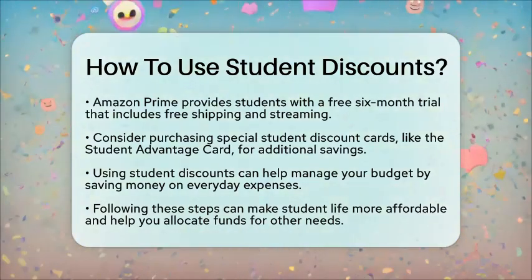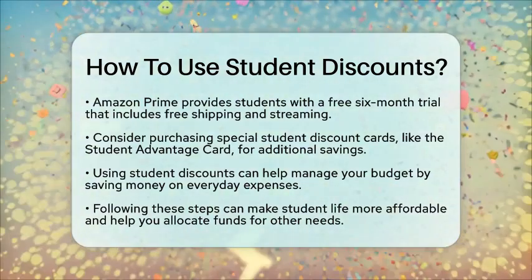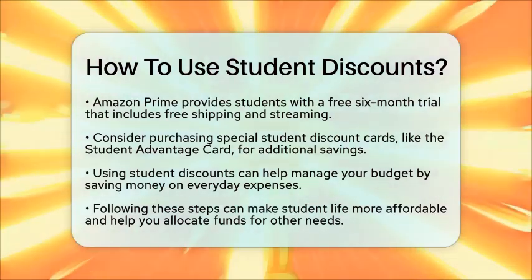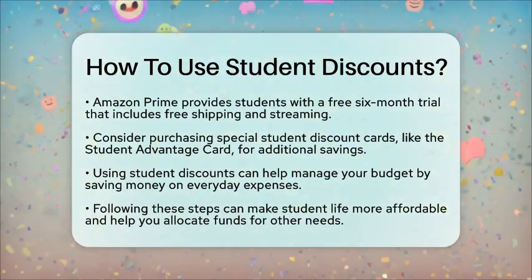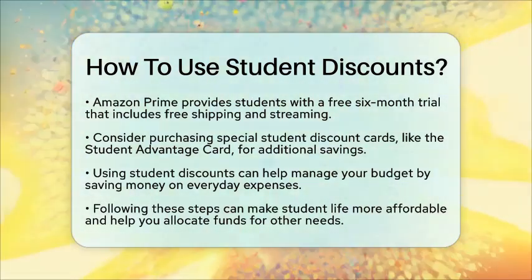Using student discounts can help you manage your budget better. Saving money on everyday expenses like textbooks, clothing, and food allows you to allocate funds for other important needs or future goals. To sum up, to use student discounts effectively, always carry your student ID, sign up for online student